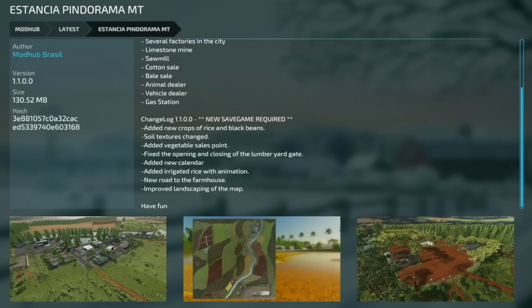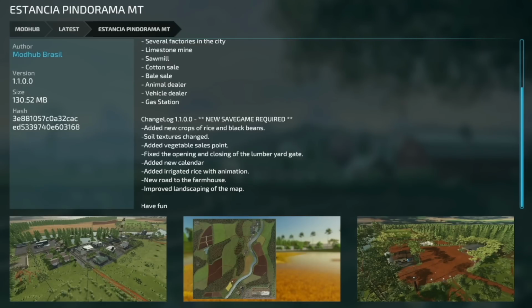Estancia Pindorama MT version 1.1. New save game required here as well. Added new crops of rice and black beans, soil texture change, added vegetable sell point, fixed the opening and closing of the lumberyard gate, added new calendar, added irrigation rice with animation, new road to the farmhouse, and improved landscaping